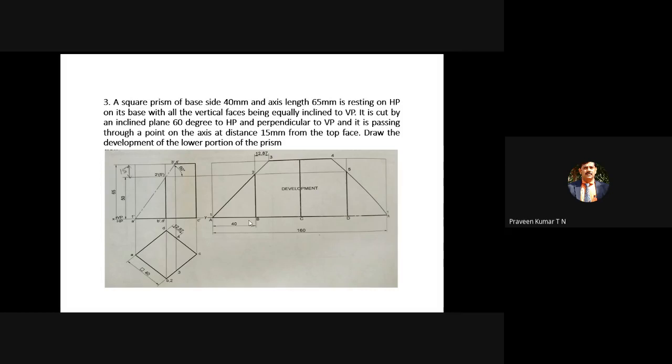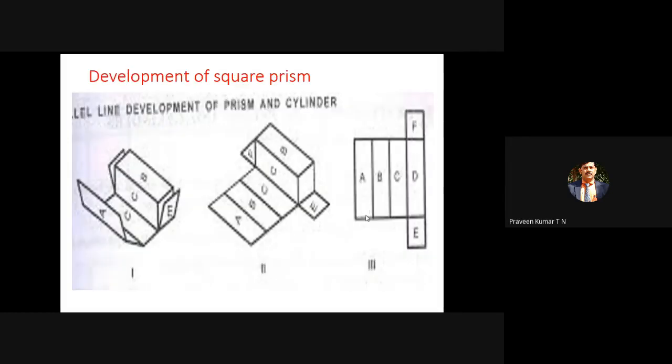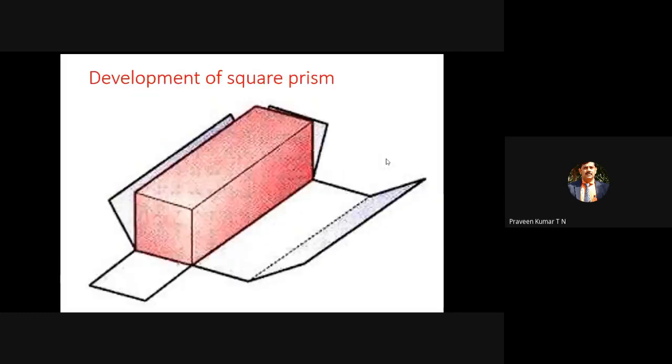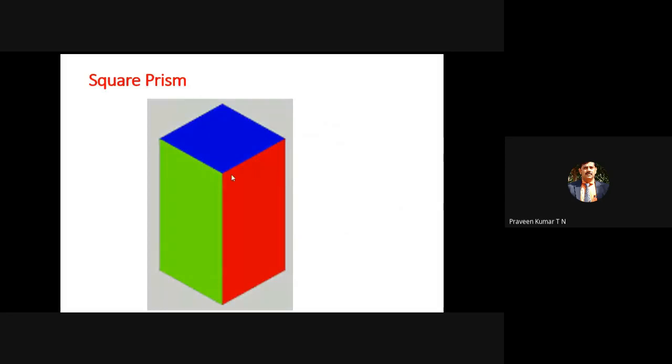So the parts correspond to AB, BC, CD, and DA. A will come at both ends because we are opening from the front. So once you open from this end, this is AA, and finally the last is also AA only. The leftmost edge is AA, the rightmost is AA. That means imagine you are cutting this. We have a longer edge. Take the scissors and cut from this point to this point. If you open it, imagine this is A and this is A1. On the leftmost side we will get AA1. The rightmost side also will get AA1.